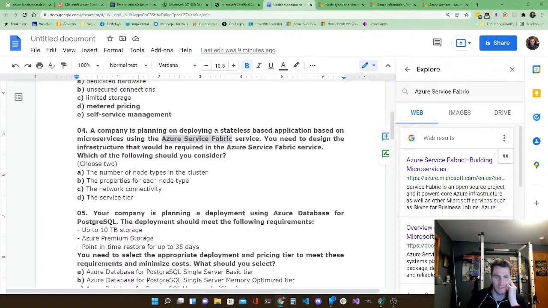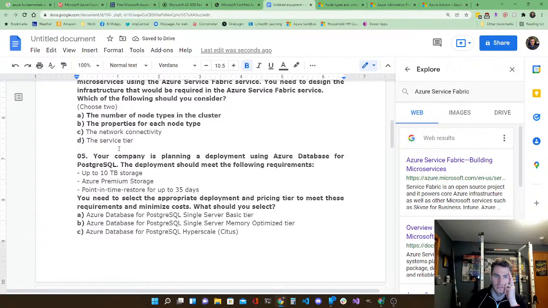But if you're just, you design the infrastructure, that would be. I don't know, man. I don't know. I'm going to go with the top two because we're talking about Azure Service Fabric, not the back end part of it, even though that's kind of what infrastructure is, right? But